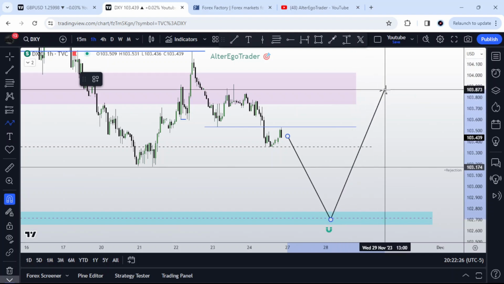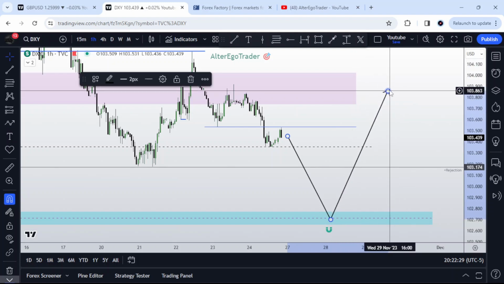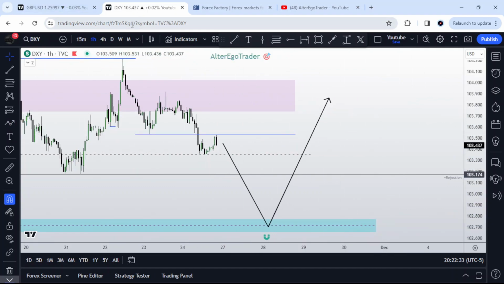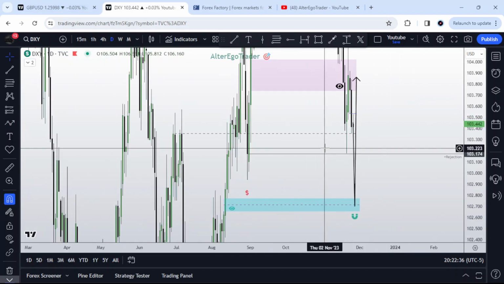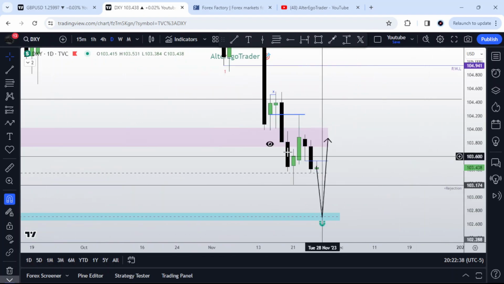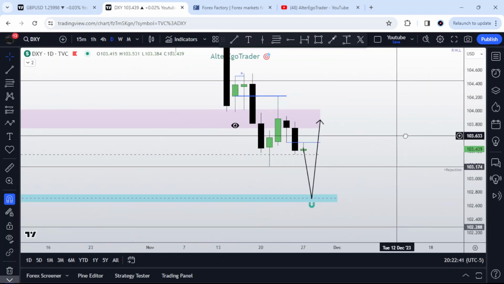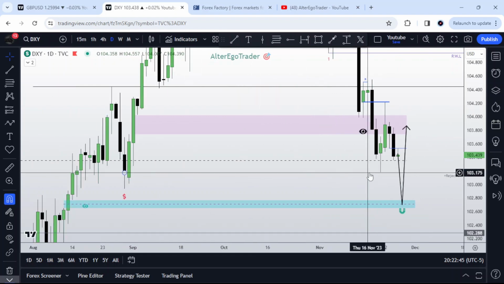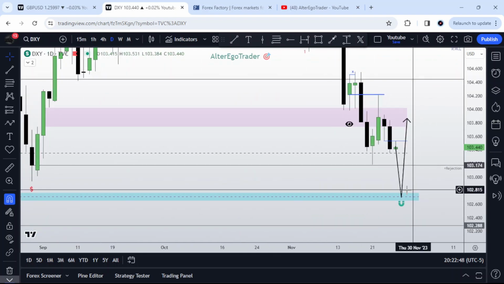So something like this, right? That begins a new market maker buy model. Okay. That's how it works, right? That's how it really works. Frameworks, narrative, weekly profile, time, price. When you have all these things aligning together, that's how you get